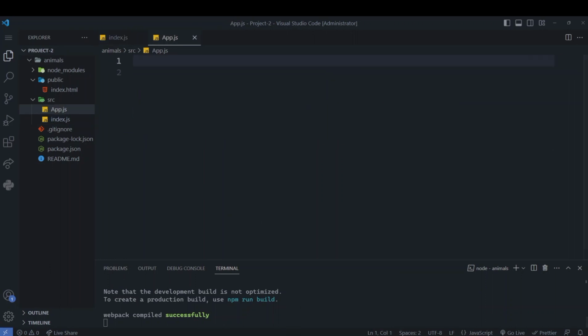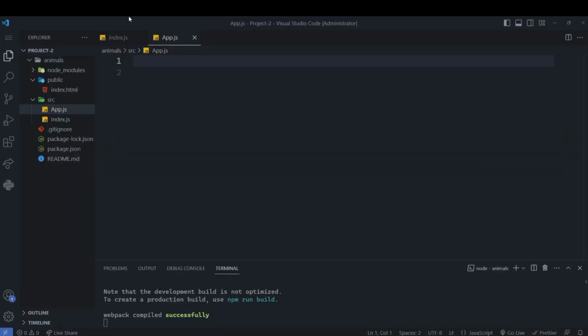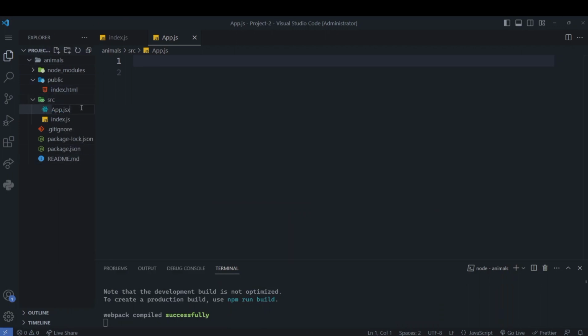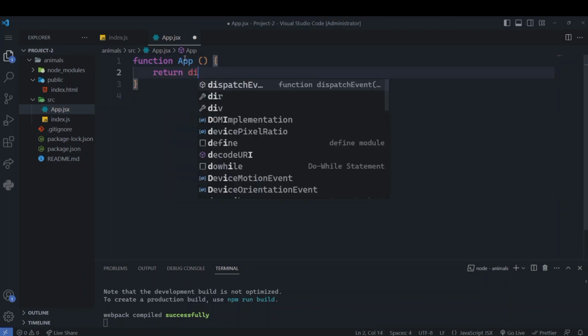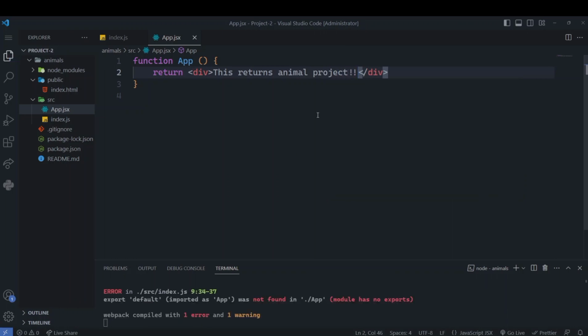Okay, so now our server has started, and as you can see, this shows nothing because we don't have any content in app.js. So first of all, we will rename this to app.jsx. That will be much better. And now we will write our function component code, App, then we will return a simple div with text. This returns animal project. Looks nice. And now if we save this,